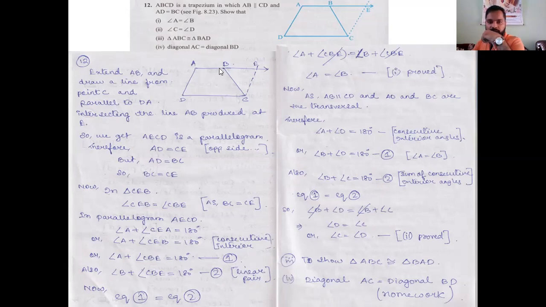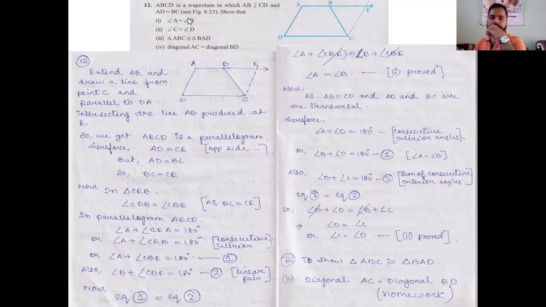Also you see, this is a linear pair. Okay, so angle B, I wrote angle B because we are talking about the trapezium. So angle B plus angle CBE is also equal to 180 degrees. So now both their sums are equal, also the equations are equal. So I can write in this way, angle A plus CBE is equal to angle B plus angle CBE. CBE got cancelled. I got angle A is equal to angle B.